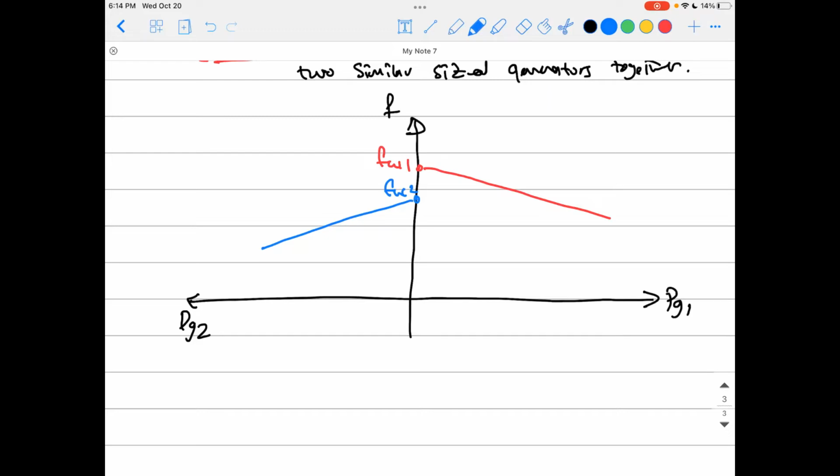Okay, and how to find the load sharing, how they are sharing some load power? You take the power of the load, and you just plot it up to scale on this graph like that. So this green line here represents the load power. Once you're able to plot it, you can just move it up and down until it hits the two graphs at its two ends, and this will give you all the information you want. Go down from here, and this will give you P generator 1, how much power comes from the first generator, and go down from here, that will give you P generator 2, how much power is coming from the second generator. And this point here is F system, the system frequency, the actual frequency the two generators will be working at. Okay guys,